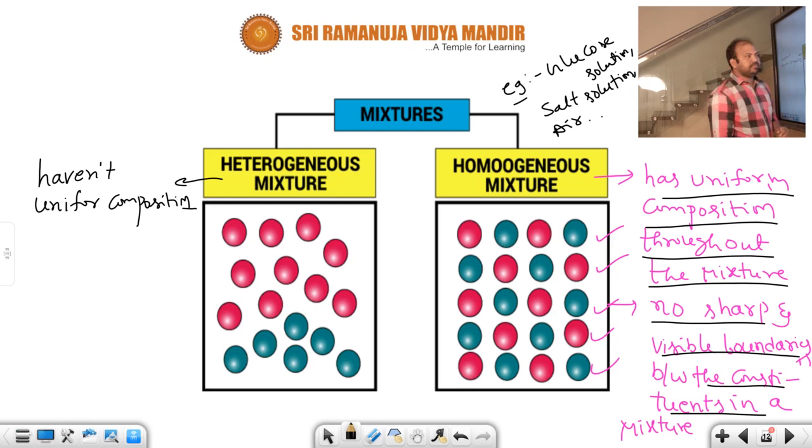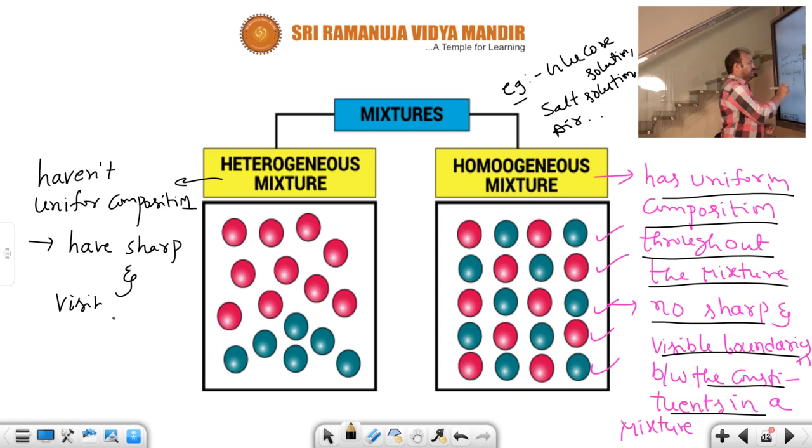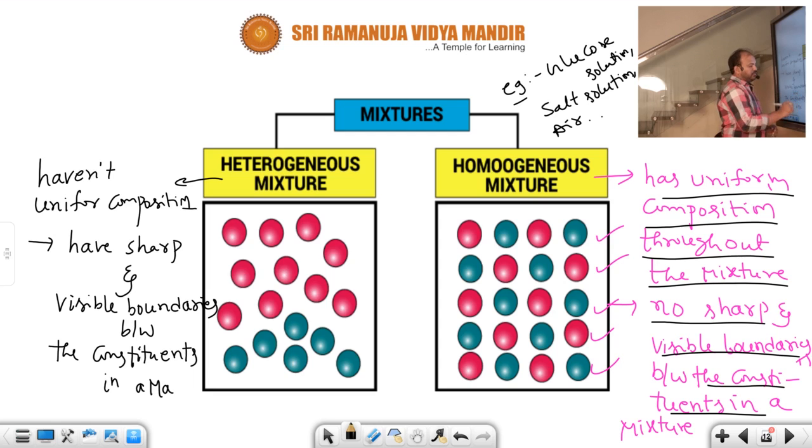And another thing, they have sharp and visible boundaries between the constituents in a mixture. So when they have sharp and visible boundaries, you know very well,